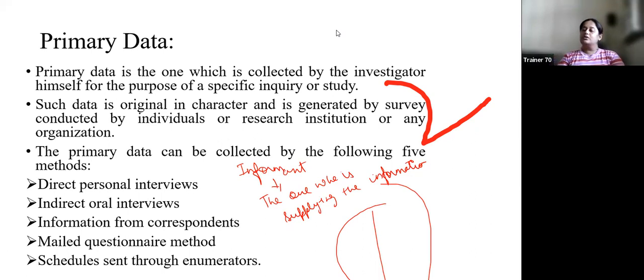So it does not require much cost, क्योंकि आपकी टारगेट आपको पता है, आप किस किस से इंटरव्यू करके इंफॉर्मेशन निकाल सकते हो. So your area under consideration is not widespread. Your area is very limited, so it doesn't cost much, it doesn't consume much time. And the demerit is that the information supplied by the third party or anyone can be inaccurate.